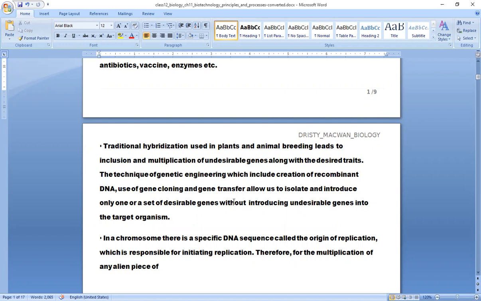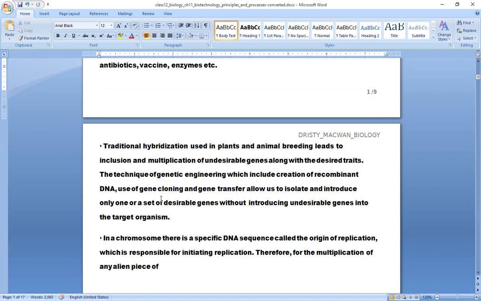So that is nothing but what? The recombinant DNA, which is going to contain different types of genes which are going to code for different types of products, right? Now, to understand this, along with that, the use of gene cloning was also carried out. So with the use of genetic engineering methods or techniques, gene cloning is also carried out.